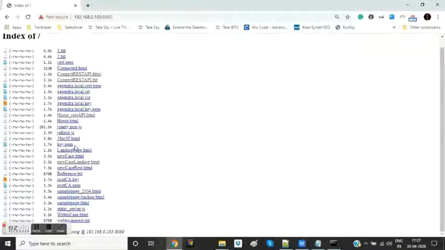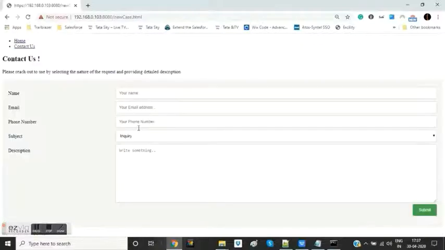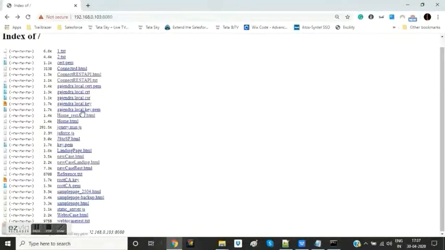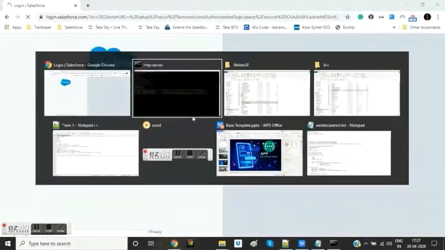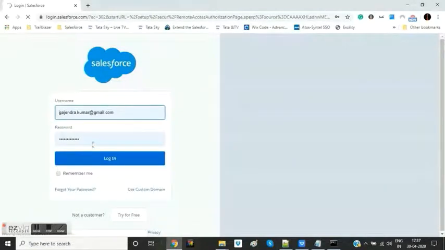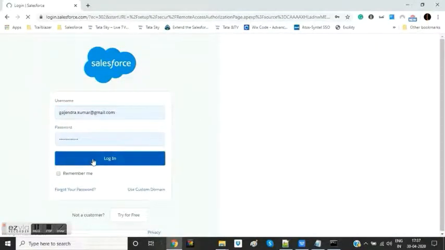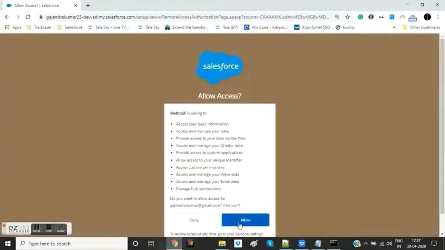I can open it simply over here. Let's say a page is created, I click on this page. If I click on REST API, I'm using an authorization mechanism here in the backend. If I click, you can see it is asking for my ID and password. I log in, it goes to Salesforce, asks for my authorization, and reverts back with an access token. I can see that the access token is here.